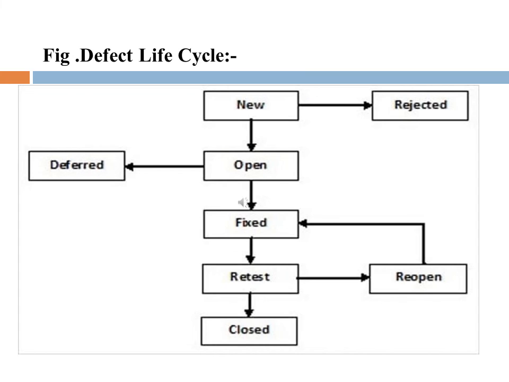Notice that the review state can also go directly to the close state. This happens if the review decides that the bug should not be fixed. It could be that it is really not a problem or is a testing error.